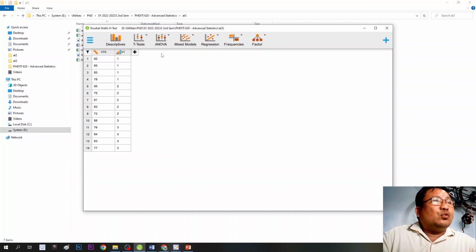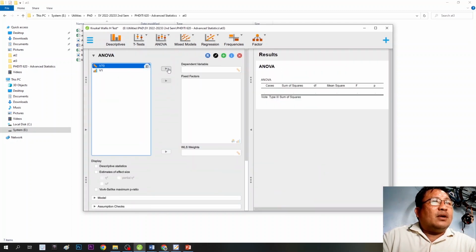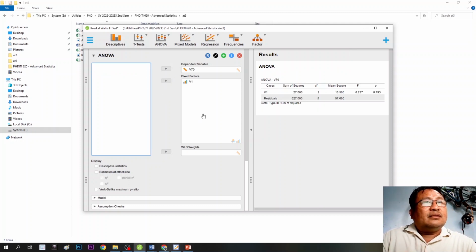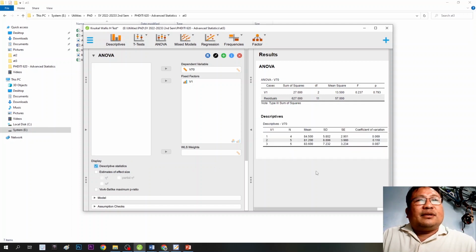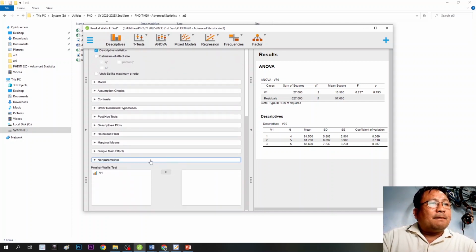and we will go to ANOVA there and click ANOVA. Then add this one to the dependent variables and this one for the fixed factors. And we have the p-value, which is 0.793, and it has some descriptives. That is for ANOVA. But what we need here is the non-parametrics,